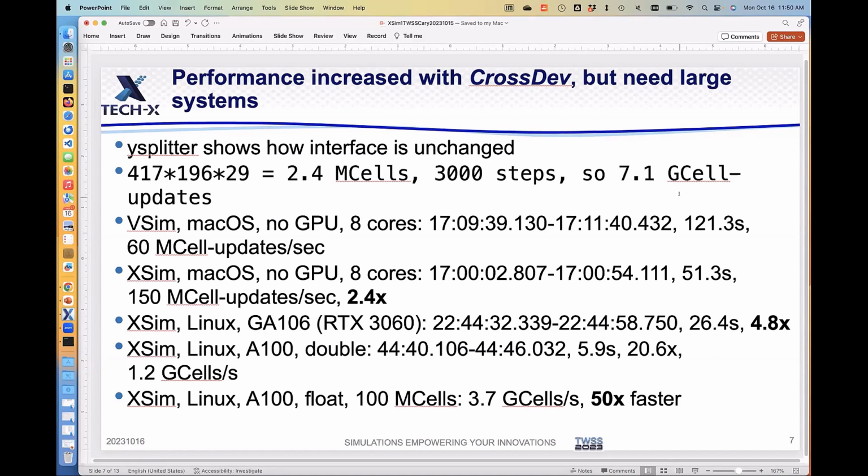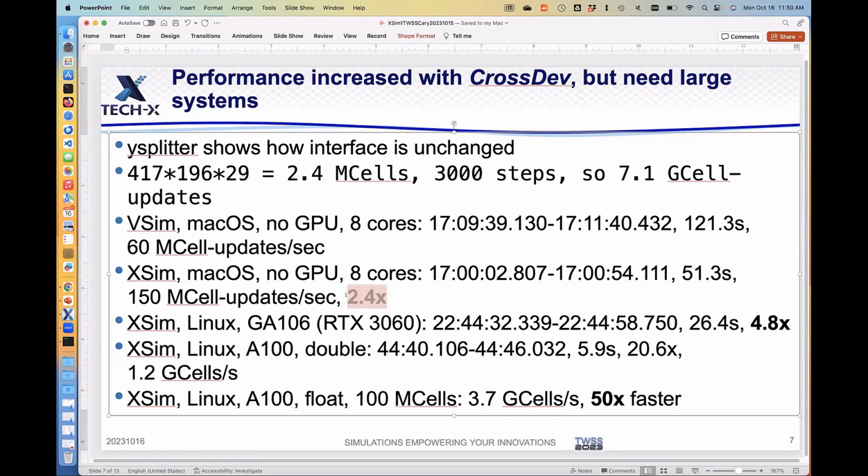If you do the same thing, and that was the VSim framework. If you do the same thing in the XSim framework, you get a 2.4x speedup just by using the different framework. It's that much faster. If you move it over to Linux and you have a machine with an RTX 3060, you get a 4.8 times speedup. That's a gamer GPU. That's not a computational GPU. If you now take it over to our system and you put it on an A100, you get a 20 times speedup